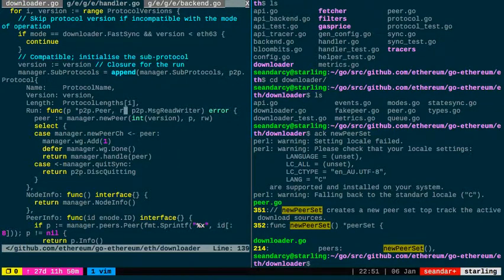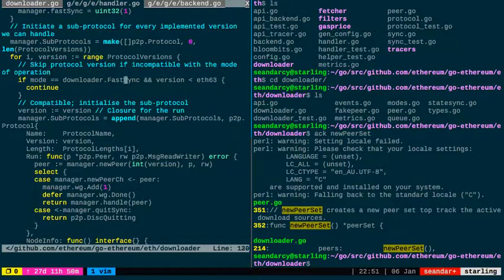So when the node starts up, it goes through all the protocols and calls this function, which is in the protocol, called run. And that's how the ETH service got created. But in here,